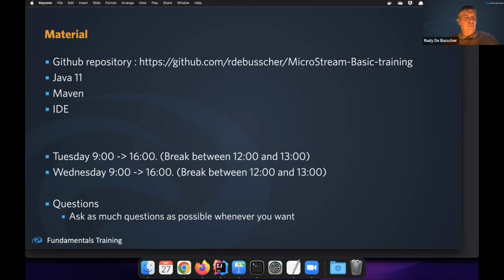So I prepared a few things. We can do the Jakarta runtimes like Payara Micro, but I also have something around Spring Boot, Quarkus, or Micronaut. So let's go to that later on,